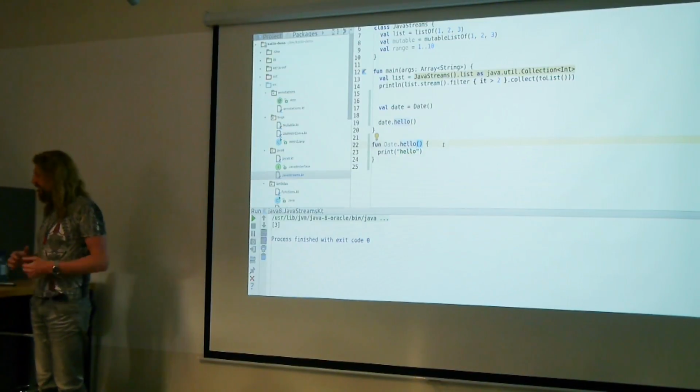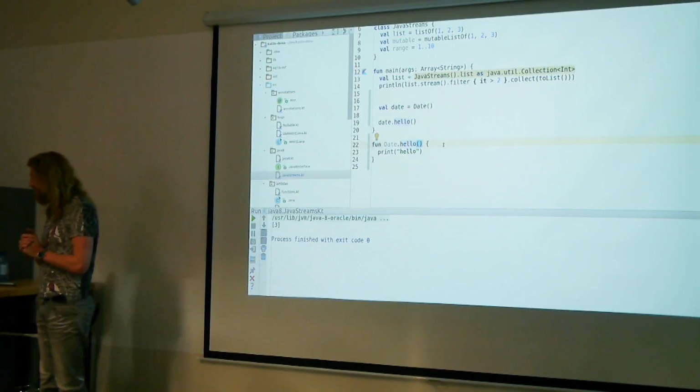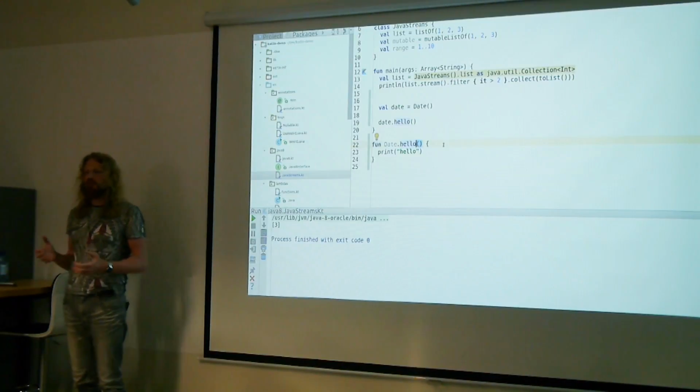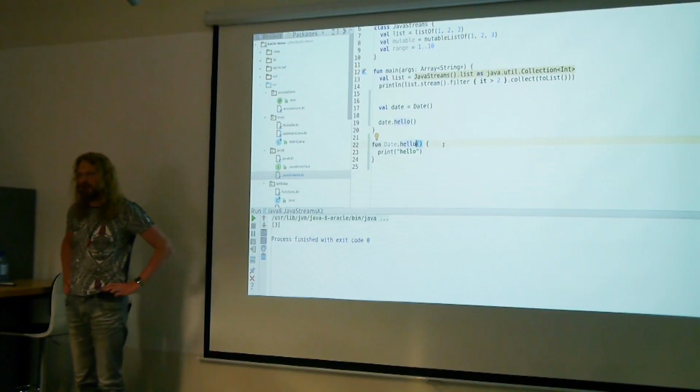So they are really focusing on performance. But they also add the annotations. All the Kotlin extra type metadata is put into the class file with the help of annotations.